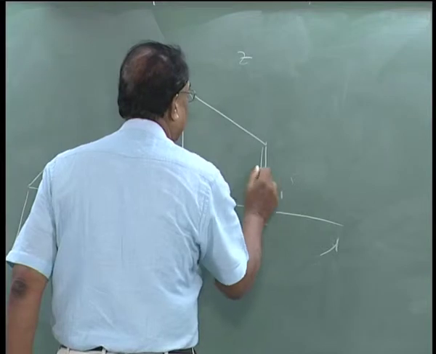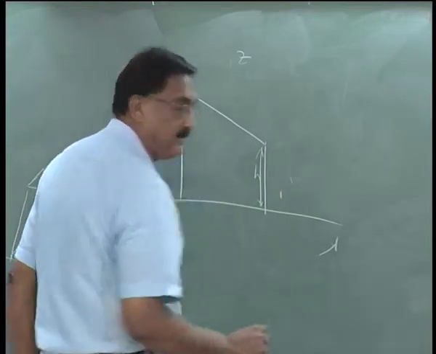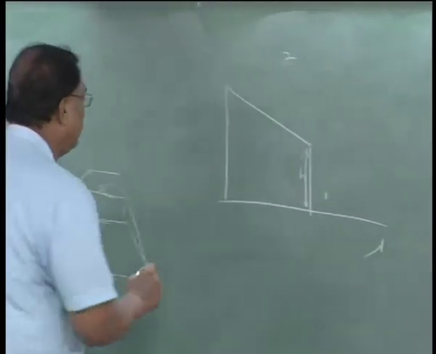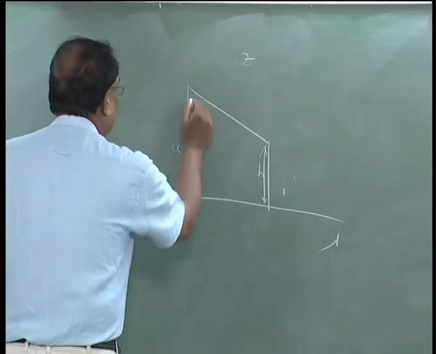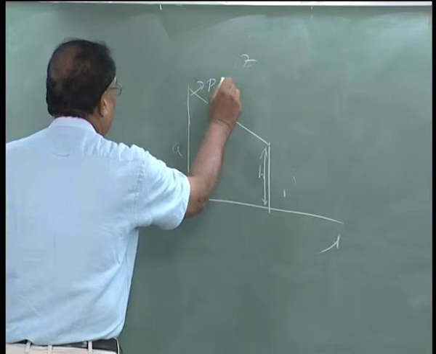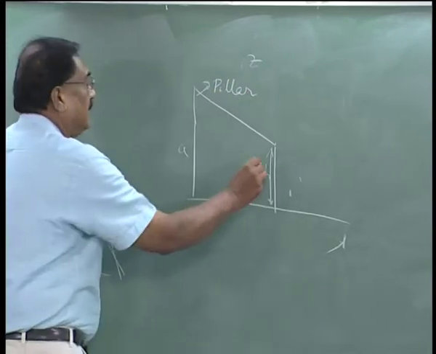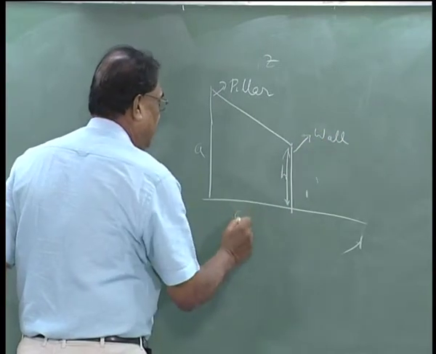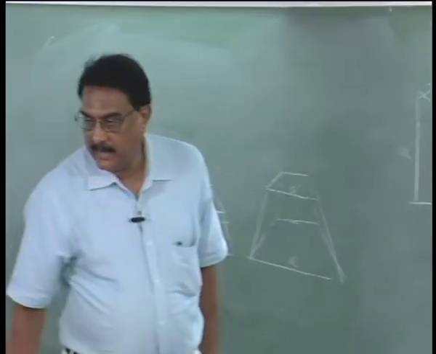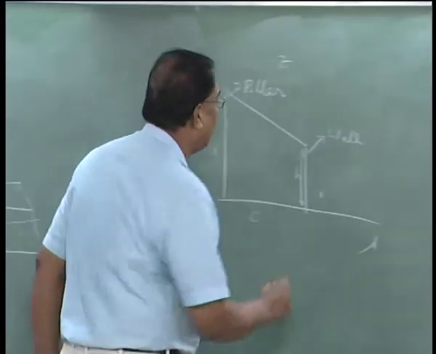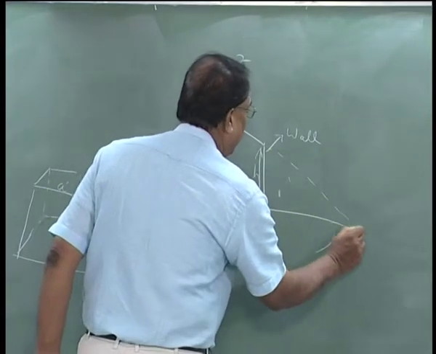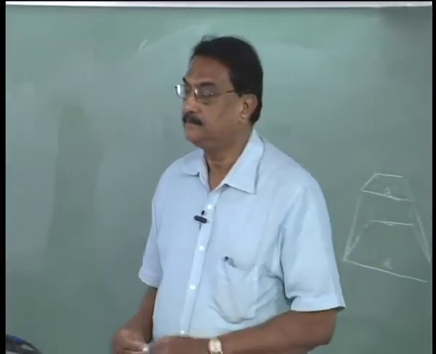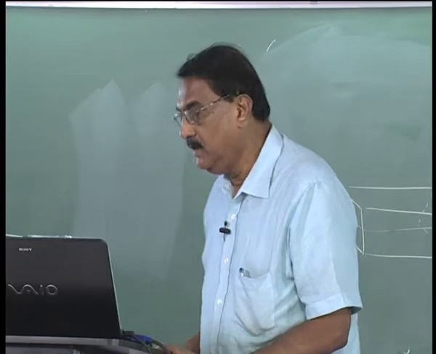What is this height? What is this thing, the height? Suppose it is A. Suppose the distance between the pillar, this is a pillar, and the wall, so this is the wall, so the distance between them, this thing is C, and the shadow itself is X. Okay, so then what is the height of this?